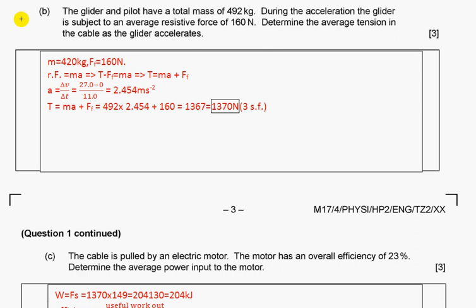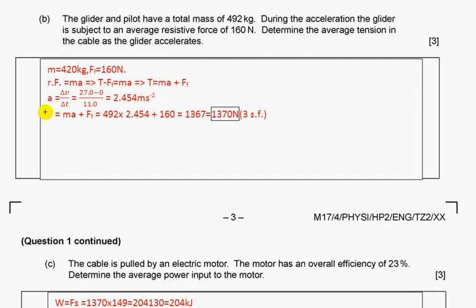B. The glider and pilot have a mass. During the acceleration, the glider is subject to an average resistive force. Determine the average tension in the cable as the glider accelerates. Given mass, friction, resultant force equals mass times acceleration. Hence, the resultant force at the same time is tension minus friction. Rewriting this formula for tension,